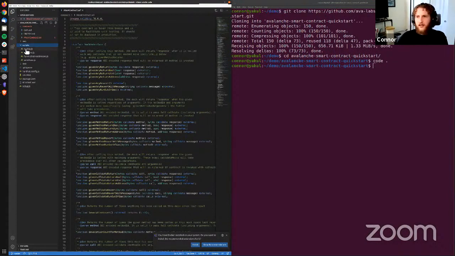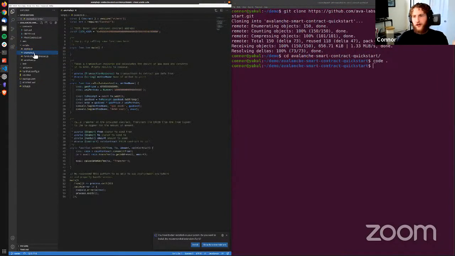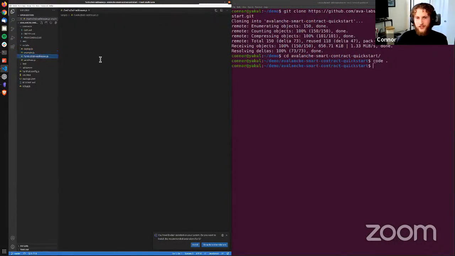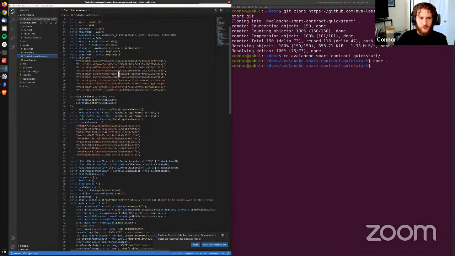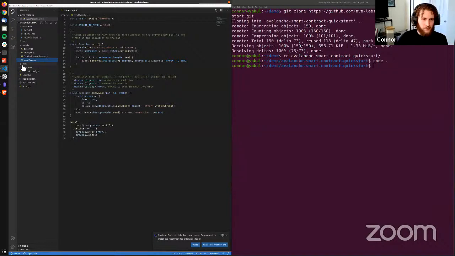Then we have a bunch of scripts here. We have a deploy script. This is all using the Ethers.js library under the hood. You could also use it with Web3 if you'd like. Basically, we just have the ability to quickly deploy. If you change your contracts up, you do need to make some changes to the deployment script. We have some examples for how to write other scripts. We wrote some crazy functions to help you fund your C-chain addresses to facilitate testing. We wrote some scripts to just send a box. And then we also have this